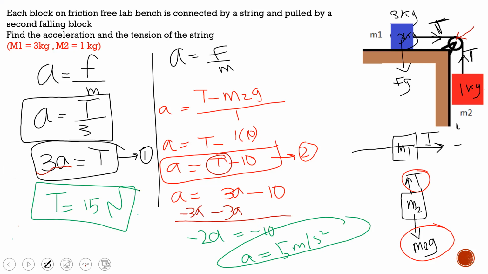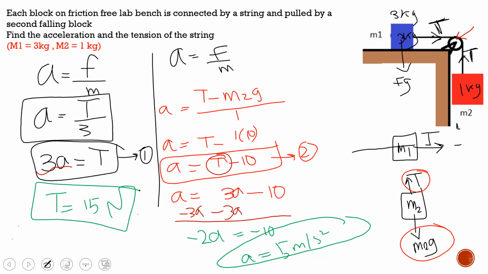This is an example for masses that are affected by tension. They asked me to find the acceleration and the tension of the string. We have the same string, so we have the same tension and the same acceleration. We need to find them. How? By